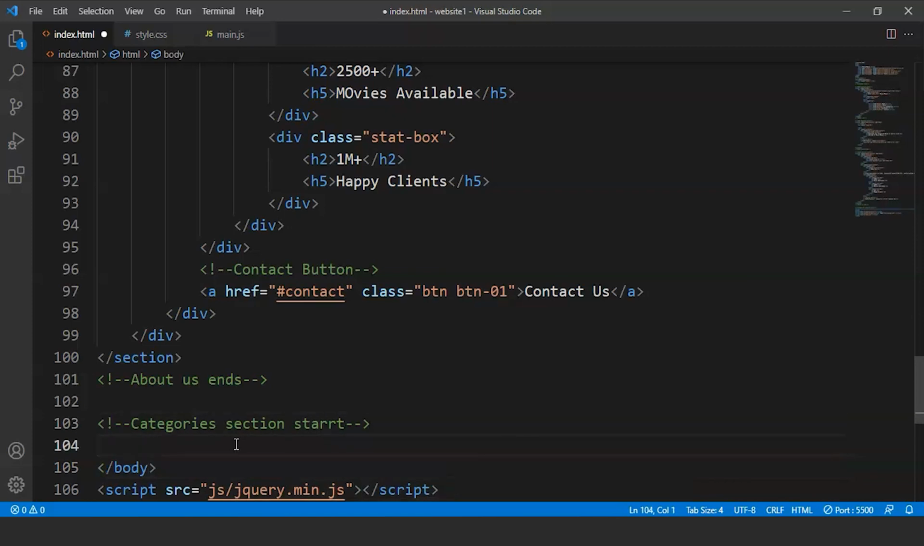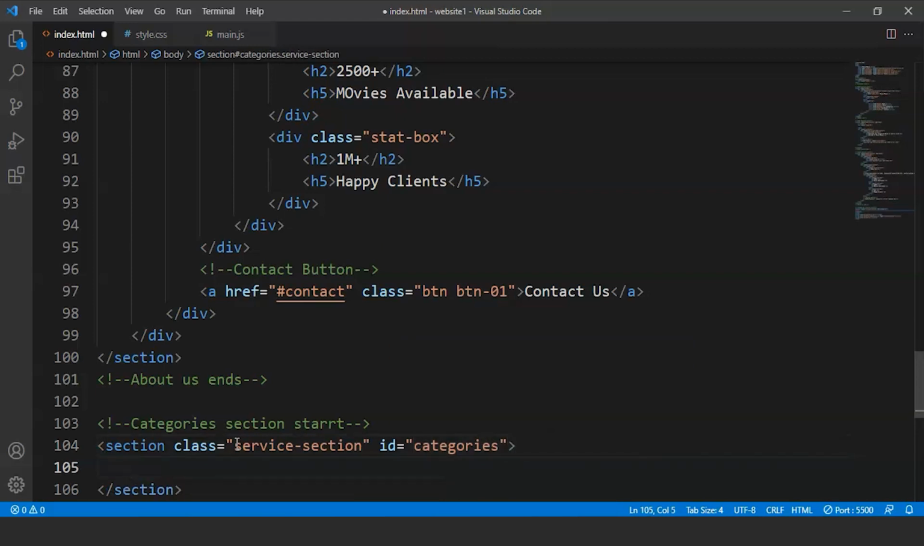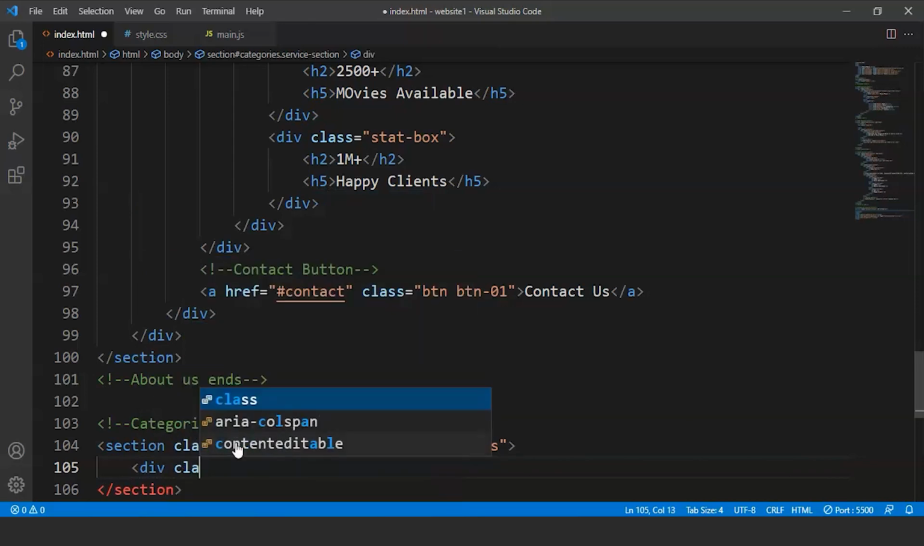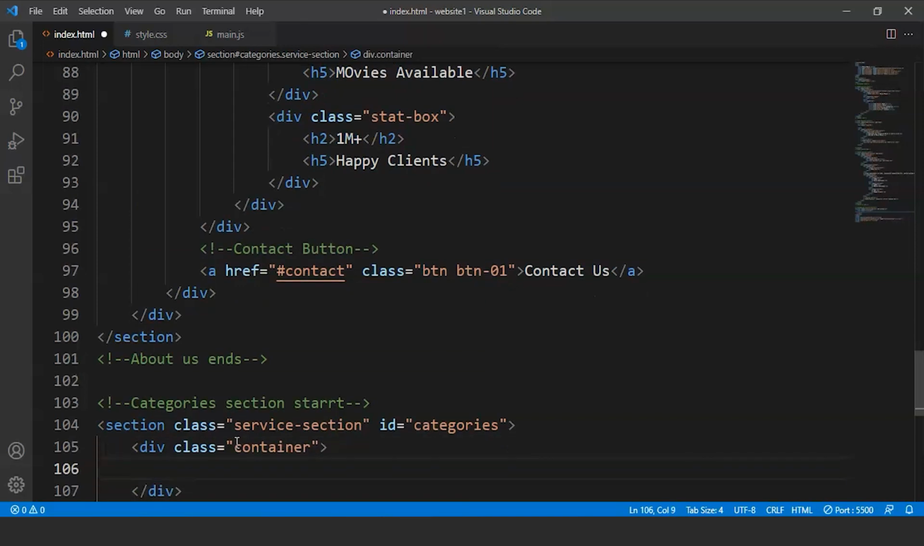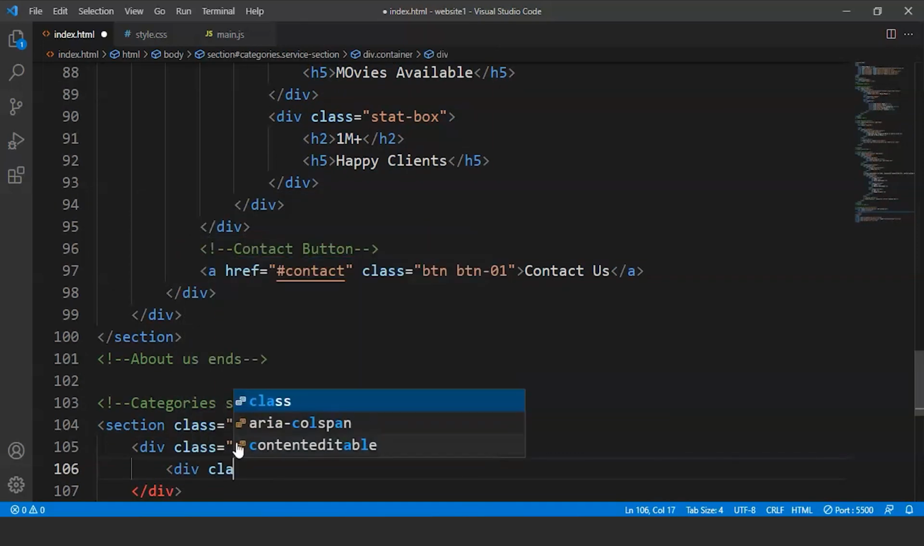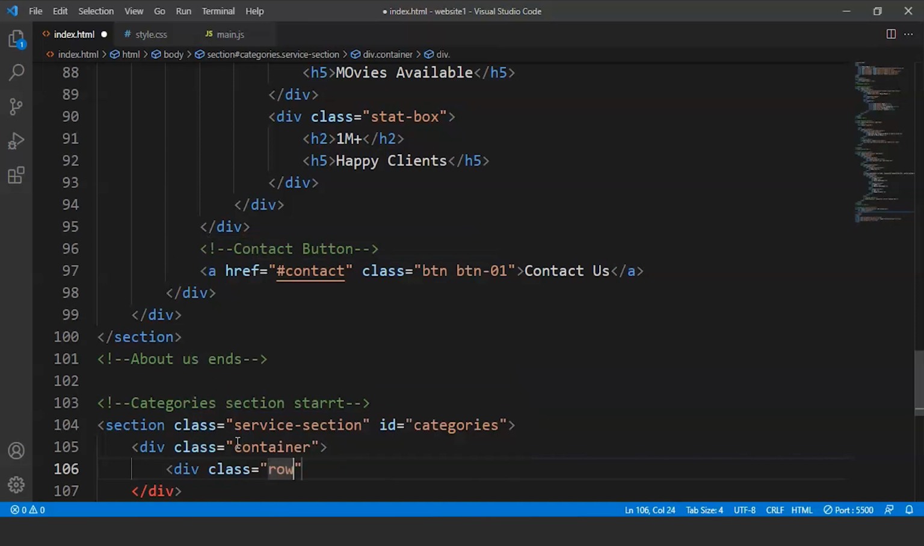What we'll do is we'll take a section tag again. So we'll write here section class is equals to, let's say, service section, and then we have ID. Fine. So ID is going to be categories. We'll close this section tag. Now inside this section tag we'll take a div tag. Div class is going to be container, and inside this we'll take another div tag. We'll write here div class is row,